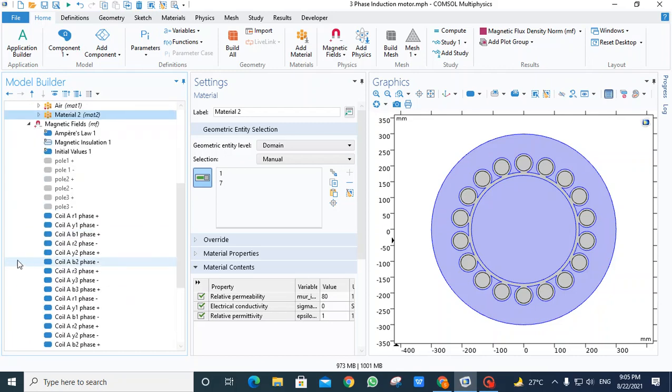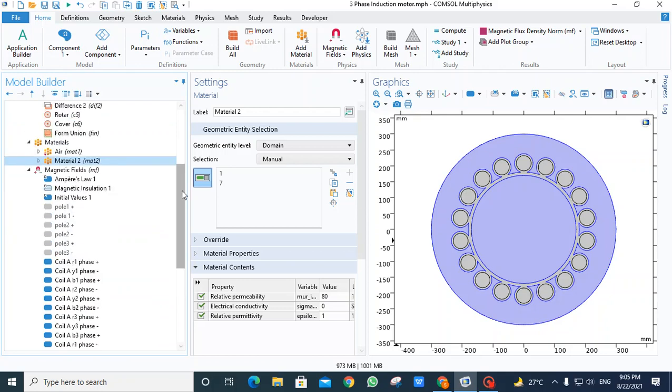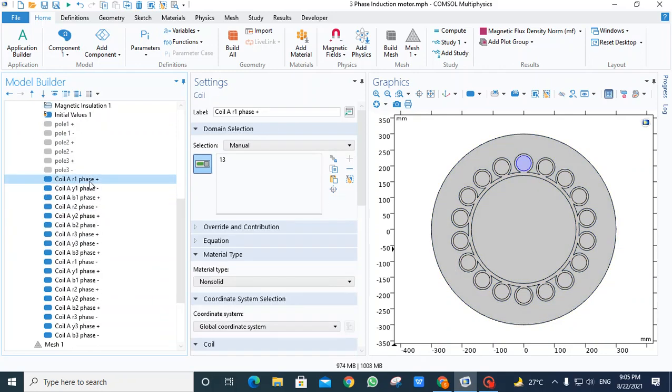Then for the magnetic fields, here initially we had designed the poles, pole 1, 2, 3, using the current density. Now we are passing direct current to the coil. So in this we will be seeing three-phase with two poles. Three-phase design having two poles each. Each phase has two poles.